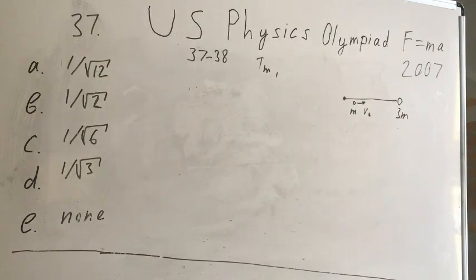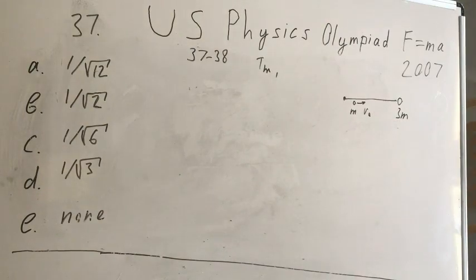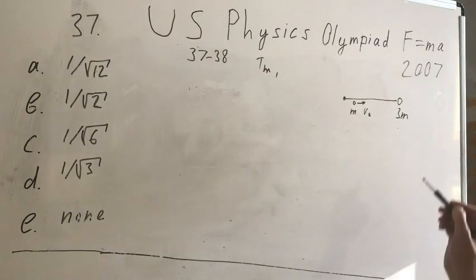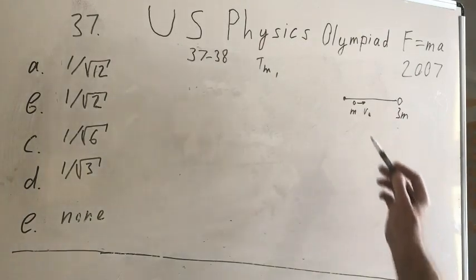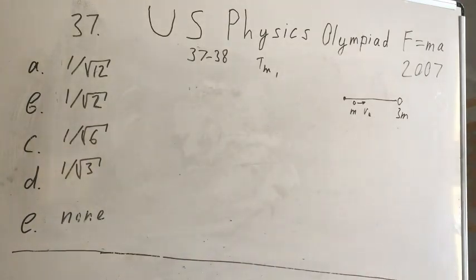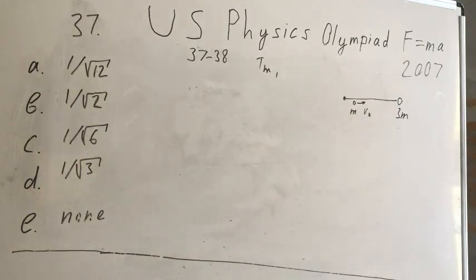One end of the cord is attached to a fixed point. The other is attached to an object of mass 3m. If a second smaller object of mass m moving at an initial speed v0 hits the larger mass and the two stick together, the cord will stretch and break,